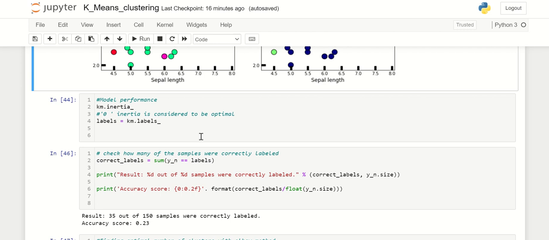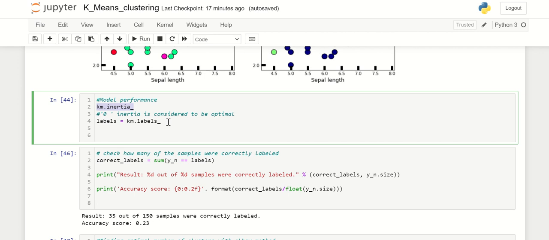If we look at the performance criteria, km inertia is a kind of performance parameter that we use for k-means clustering. This is nothing but the square mean value of the distance between data points.